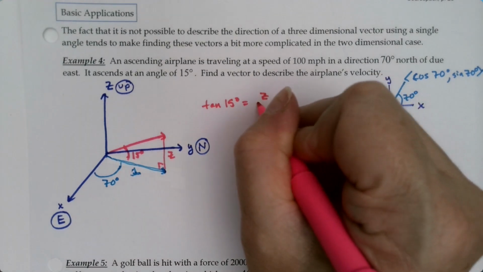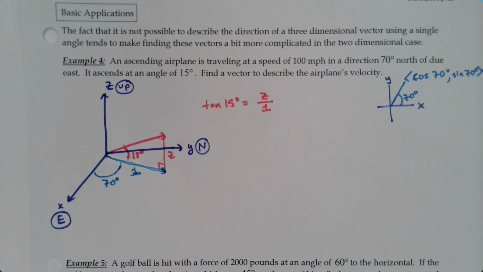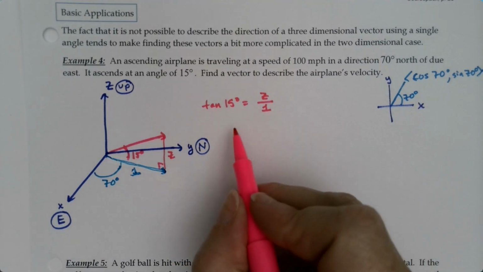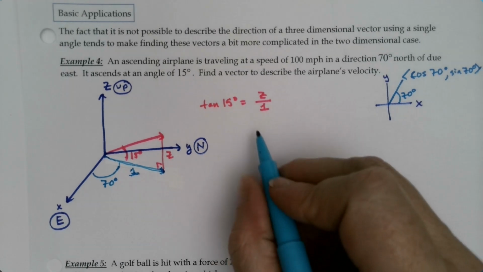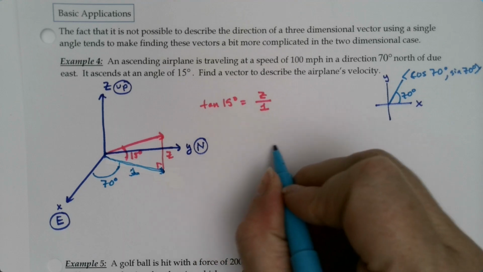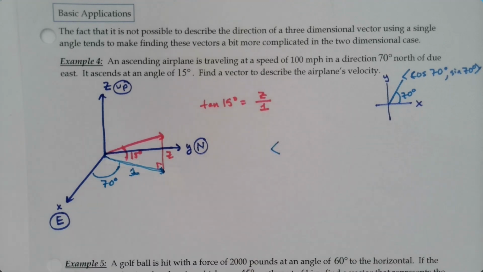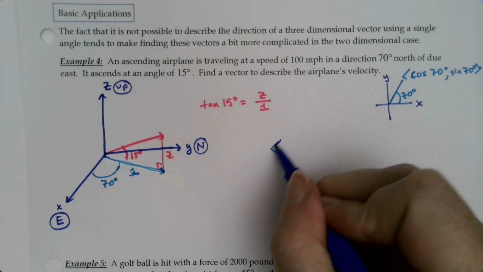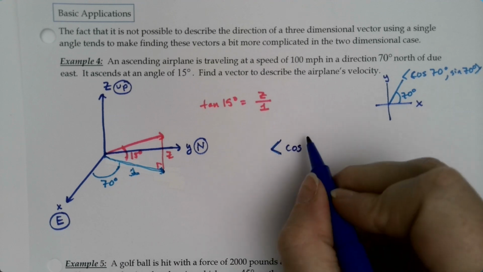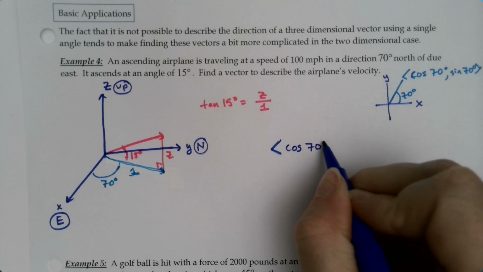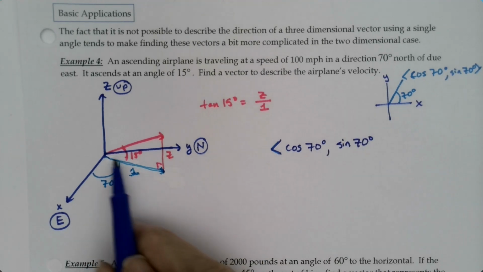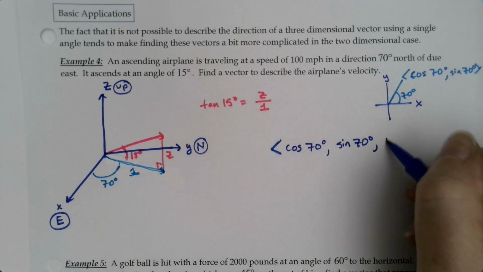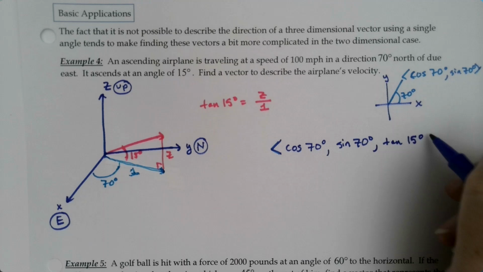It is z divided by 1, or just z. So that means that the foundation of my vector, it's not actually my vector, would be cosine of 70 degrees, sine of 70 degrees,